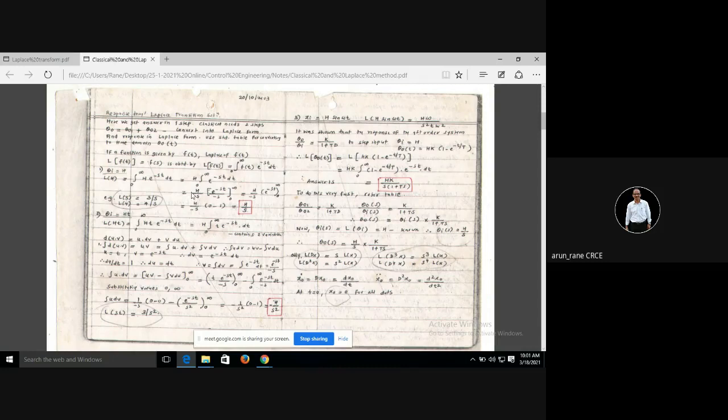There is a mistake here, the minus s is not there. So it is e raised to minus st upon minus s. Now, minus s being constant, we are taking it out. The only variable is t. Since this is in the time domain, it's a function of time, that is, your response is going to change with respect to time.